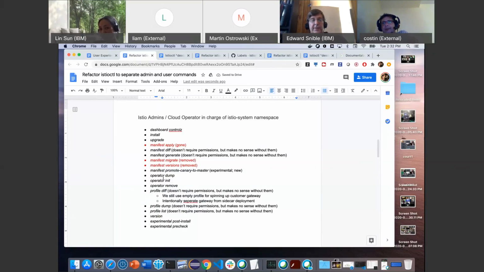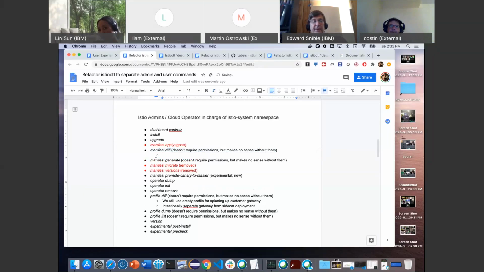That makes sense. So I jumped ahead. The diff command, which doesn't talk to the cloud at all, it just makes YAML. But users aren't going to have the ability to use that YAML, so hiding it from them makes sense, right? I think so. Yeah, I don't see users wanting to poke around in